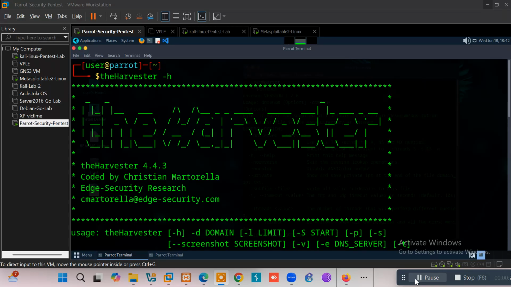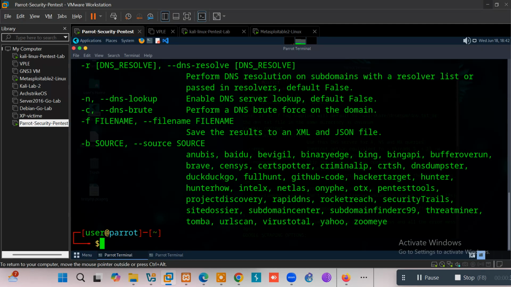So we are going to be using the Harvester tool to gather information about a domain in order to get email addresses and phone numbers from the domain. So for us to proceed with this tool, the Harvester, for us to install the tool, simply do